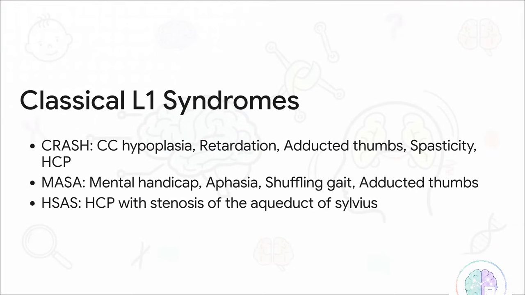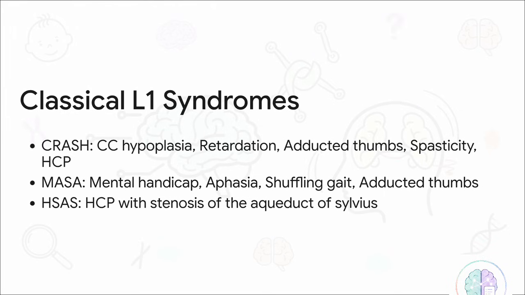Historically, medicine has categorized the spectrum using some pretty distinct acronyms. You've probably heard of CRASH. That stands for corpus callosum hypoplasia, retardation, adducted or clasped thumbs, spastic paralysis, and hydrocephalus. Then we have MASA, which is mental handicap, aphasia, shuffling gait, and adducted thumbs. And lastly, HSAS, or hydrocephalus with stenosis of the aqueduct of Sylvius. Now notice the overlap here. Things like adducted thumbs keep popping up across the board, giving us a really tangible physical sign to look for